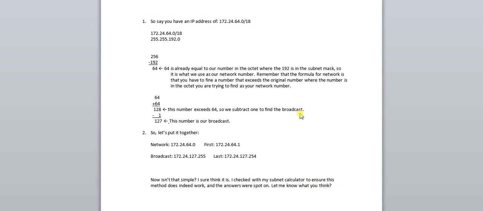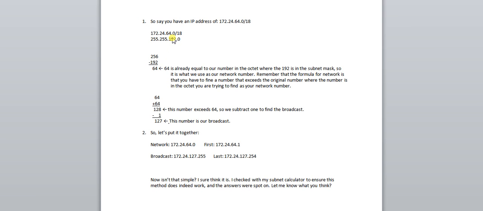Okay, in this example, say you have an IP address of 172.24.64.0/18. Our /18 becomes a subnet mask of 255.255.192.0. Again, we're going to use the magic number of 256, and we're going to subtract that from 192, which